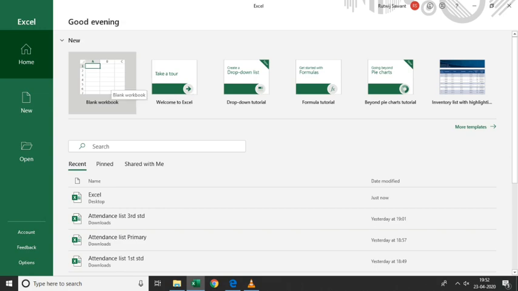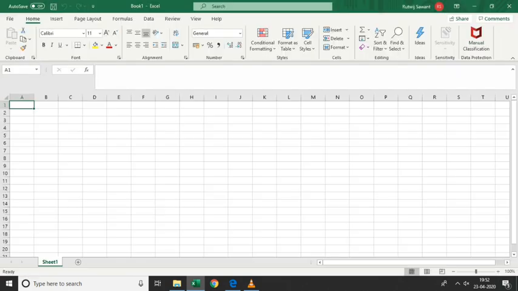Okay, so this is your spreadsheet, or MS Excel. As you can see, it's different from MS Word and PowerPoint. As I said, it contains a number of columns and rows. Mostly this is used to enter numerical data.